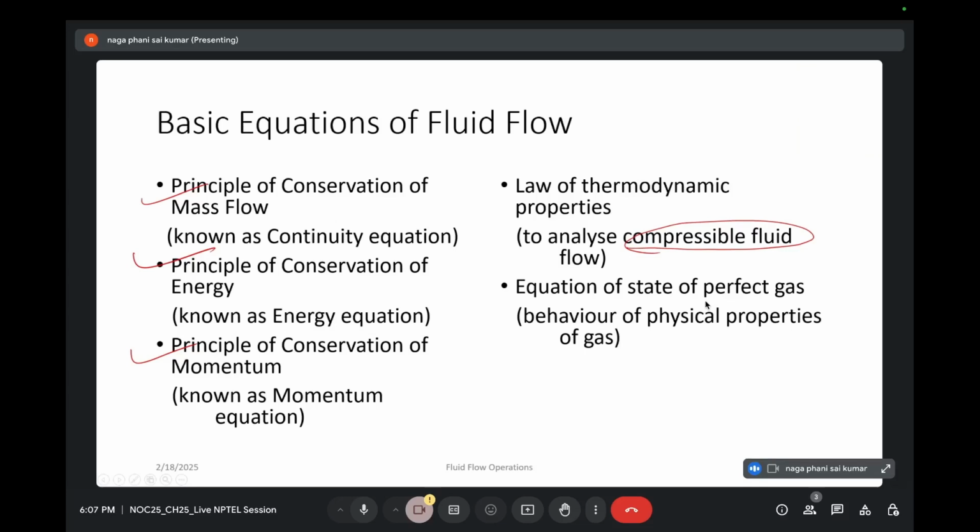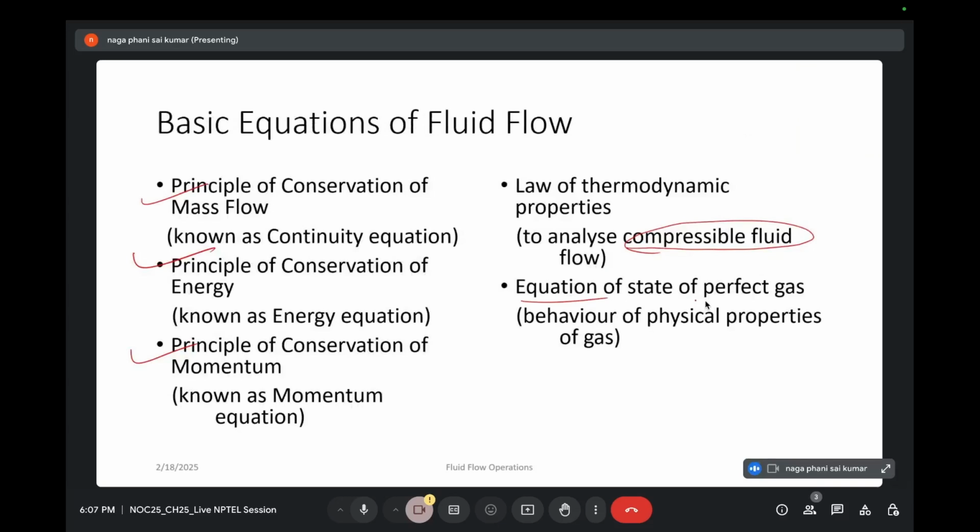A compressible fluid is nothing but a fluid whose density changes as a function of pressure. So we'll be using the laws of thermodynamics to analyze compressible fluids,